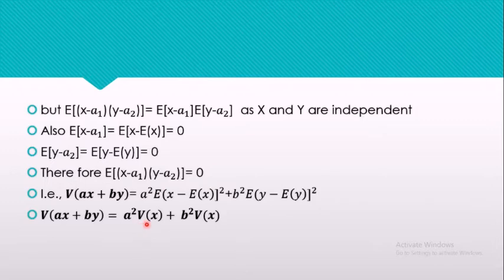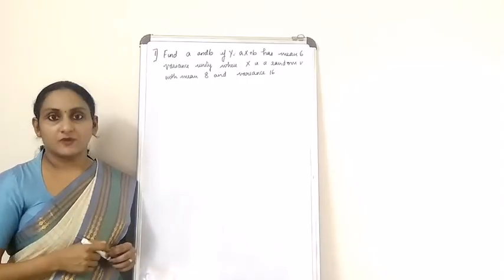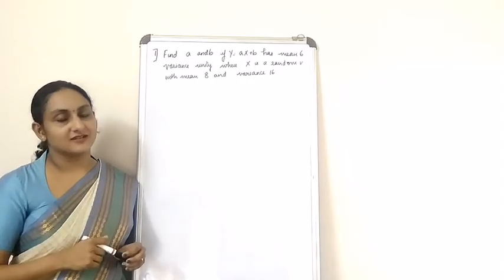What is this term? Yes, it is nothing but variance of x plus b square multiplied by, I'm really sorry, here you have to write it as y. That was a typing error. So this term will become variance of y. So I just want you to note that it is b square multiplied by variance of y. Y should be written over here. It's my mistake. It's not x. So I hope you all understood how we got this result. Now we will do a problem with the help of the results that we have studied earlier.